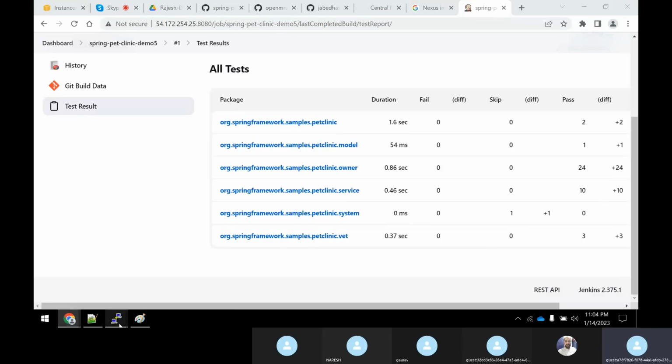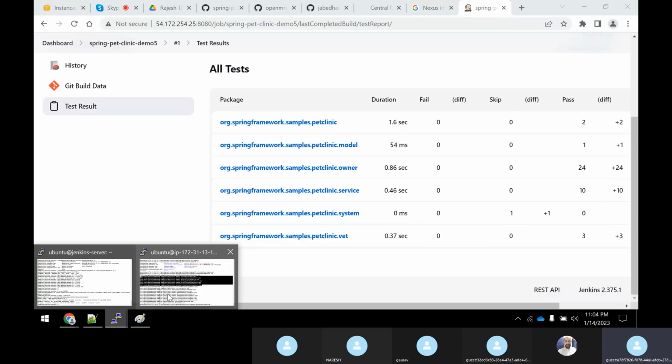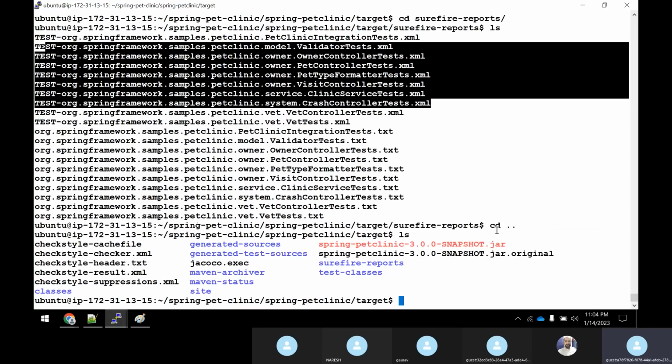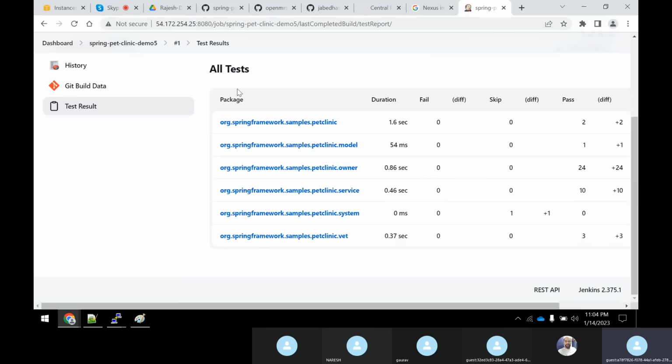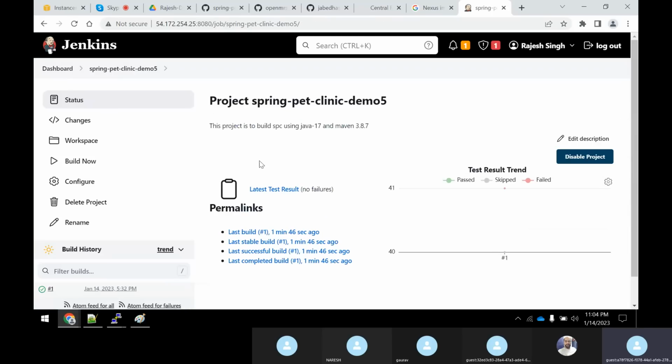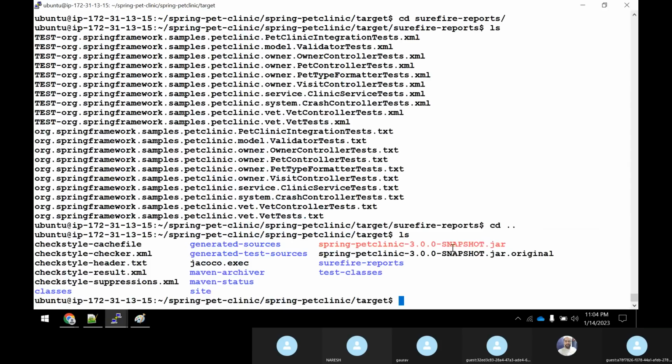Okay, fine. So now, Rajesh, that is fine. Good. I understood now. Now, Rajesh, under the target, I have this springpetclinic.jar. Even this should be available after executing, right, guys? It should be available here so that I can directly download the jar file from here. Here, what happened? You have developed the jar file. It is there within that Jenkins server only. But you need to publish it also, right?